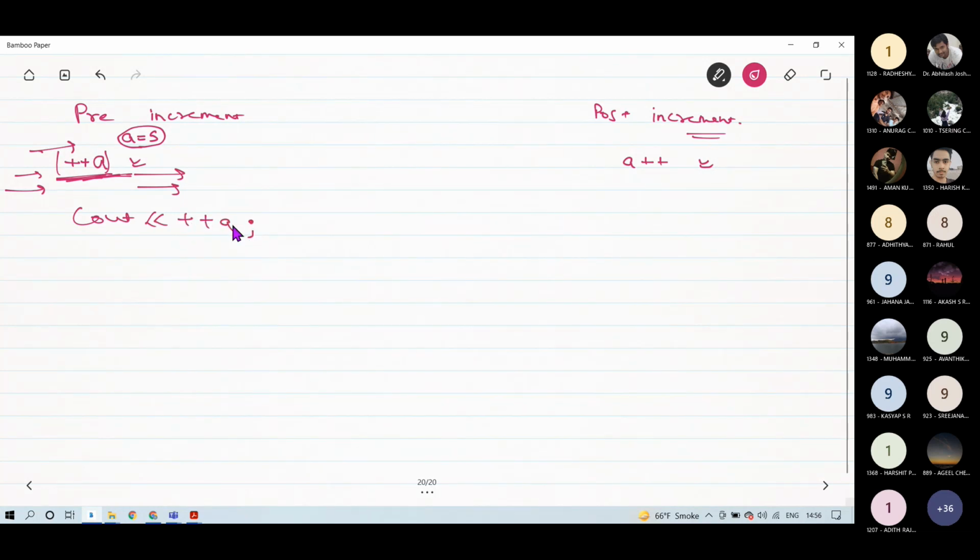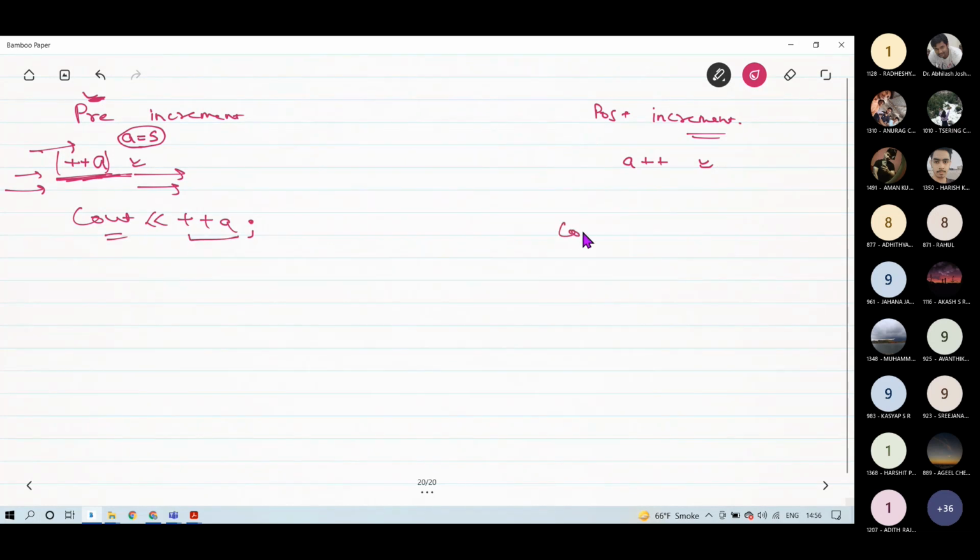Can you tell me what will be the output of cout plus plus a? First it will increase the value of a by 1, and then it will print the value of a. Plus plus a means it will increment the value before the operation of cout.